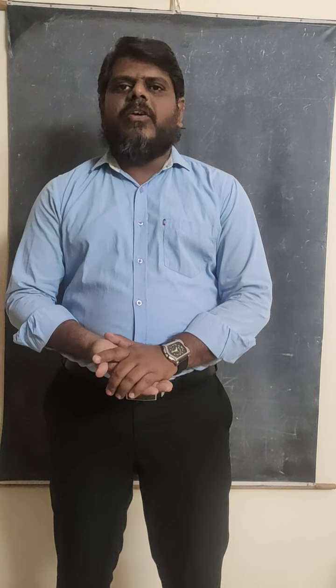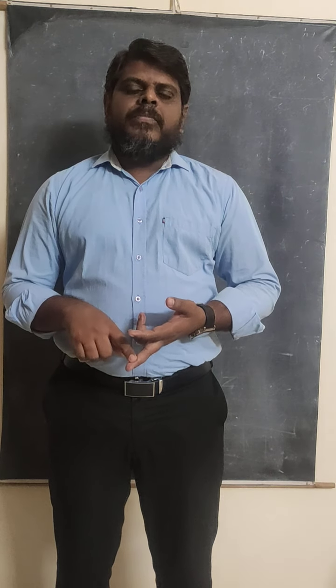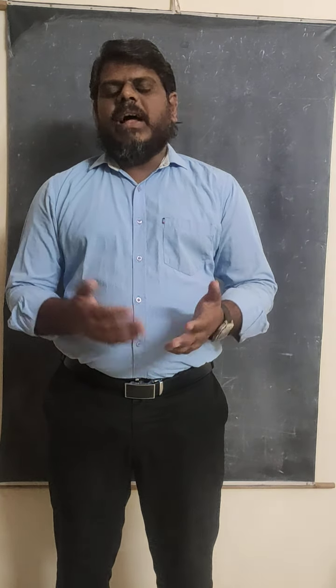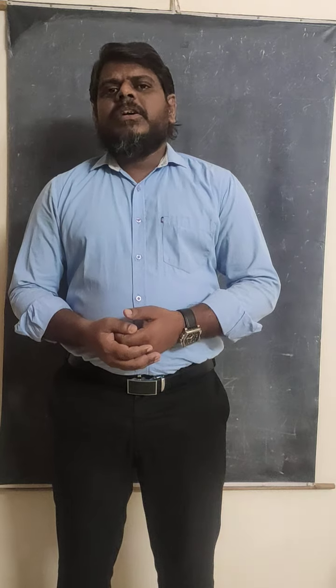There are many types of aberrations, but according to the competitive part, only two types are required, and we are going to discuss those. One is called the spherical aberration and the second is called the chromatic aberration. Today we are going to discuss deeply what spherical aberration and chromatic aberration are and how we can overcome them, that means the elimination methods. Okay, right. So first we are going to discuss the spherical aberration.